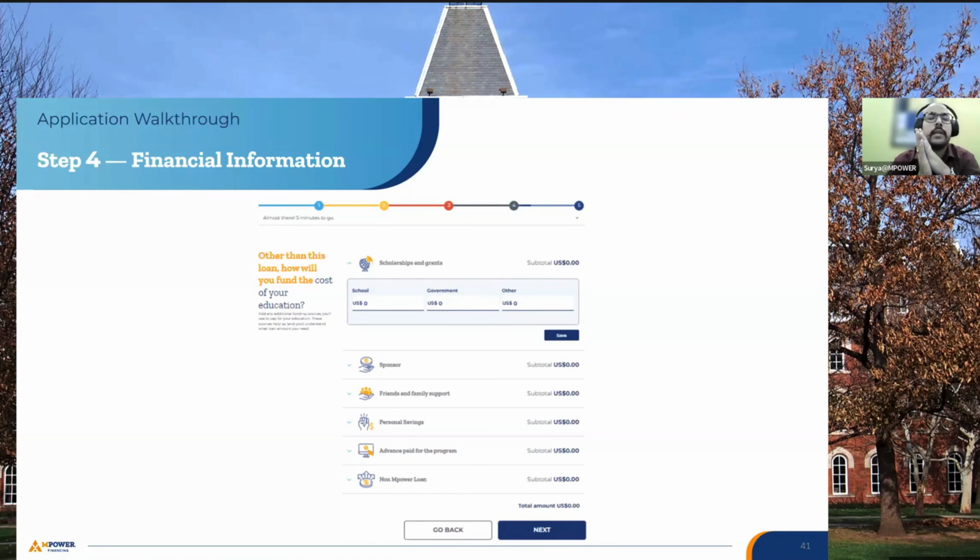Assuming that your requirement is around 80,000, which includes all your living expenses, your books and supplies, and your education fees. Now, you are applying for an Empower loan. Let's assume that you require 80,000, but Empower can only assist you with $40,000. That's what we can help you with after reviewing your application.